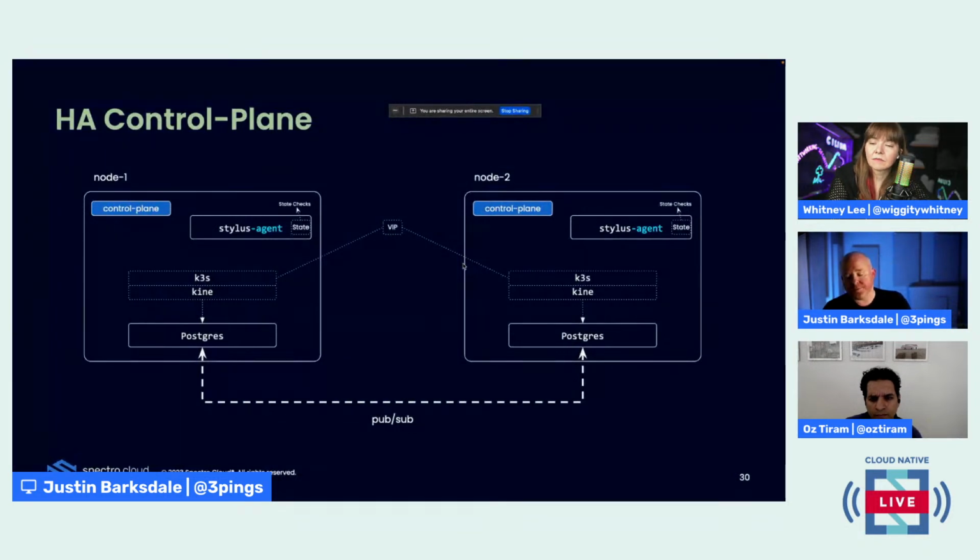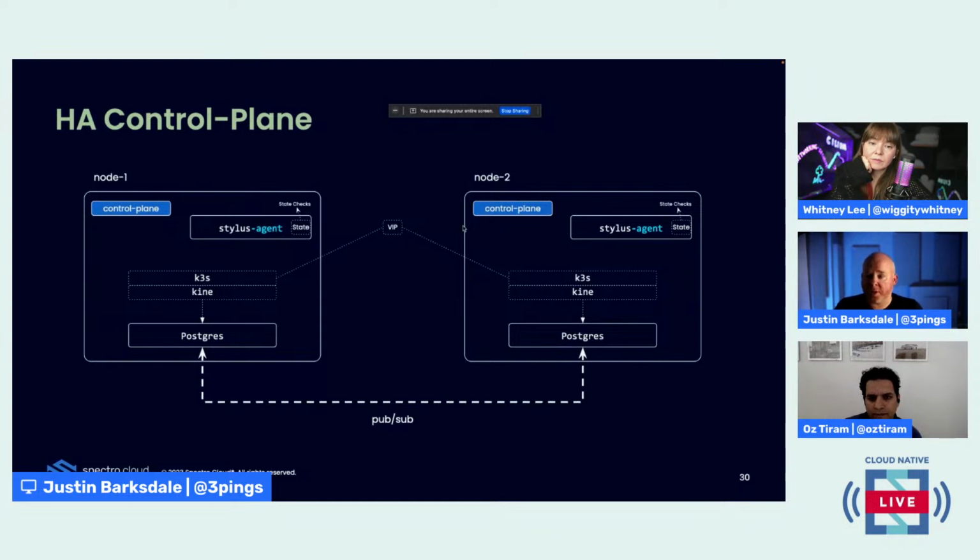Recently, Postgres had a new release that allows for synchronous replication between two or more databases. And so we've come up with the idea that, could we take Postgres natively and tell it to replicate amongst itself and have two high availability control planes. Oz is going to show a demo of this in just a moment. But I just wanted to set the stage and say, this is what we're driving towards, using these technologies to enable our customers at the edge to have high availability for both the control plane and the application. So I'll turn it back over to Oz to show a quick demo